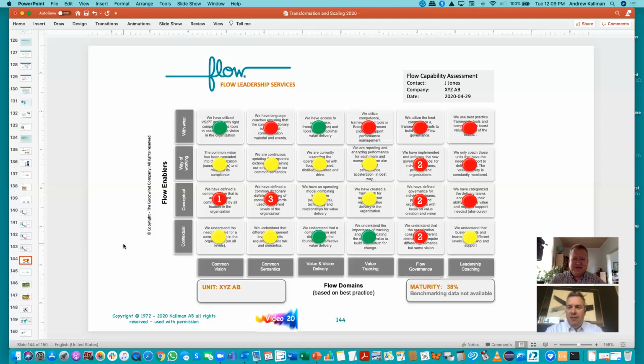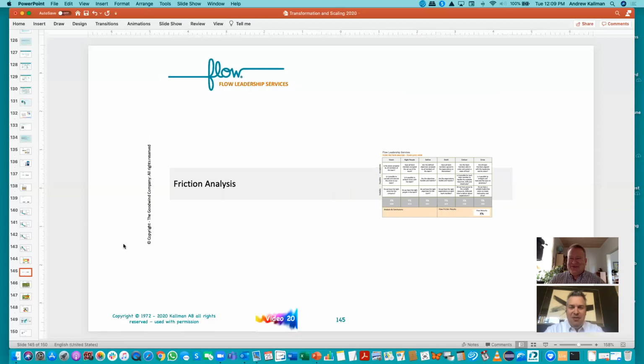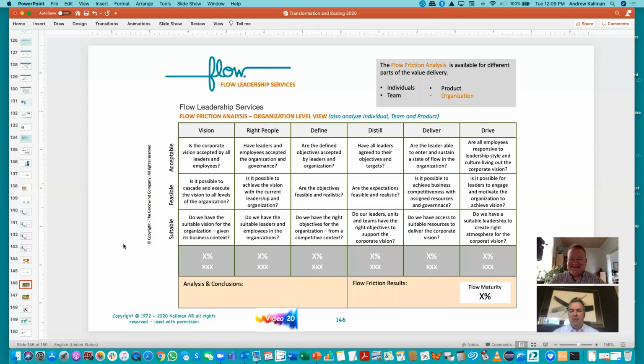Cool. And definitely, we're going to look at the friction analysis here real quickly before we finish up. We just have a few more minutes. Yeah, and no problem. We'll dive right into this. So this is the analysis. I think we spent a lot of time already on this. Yeah. So we've also done the flow friction analysis, and